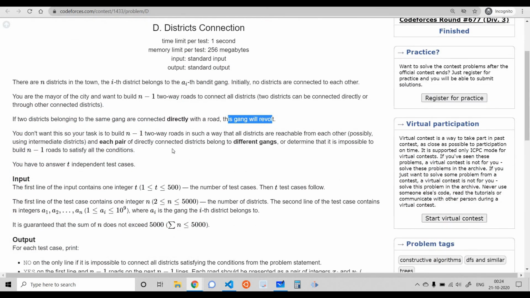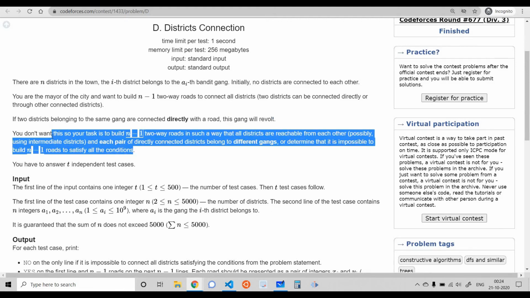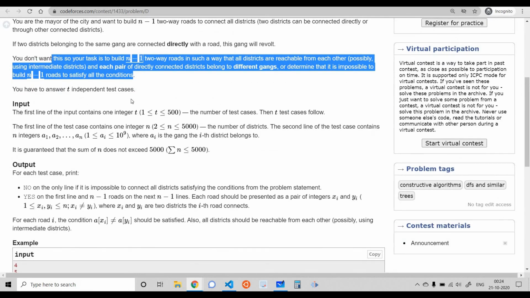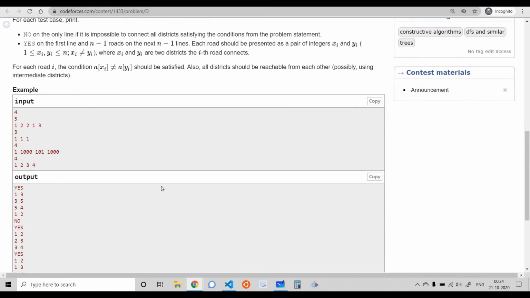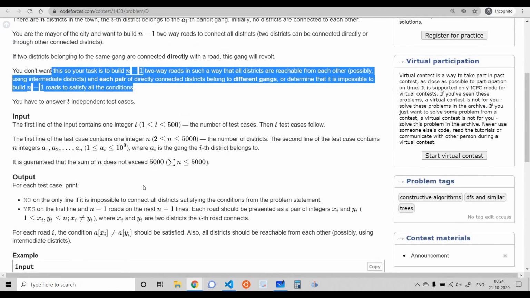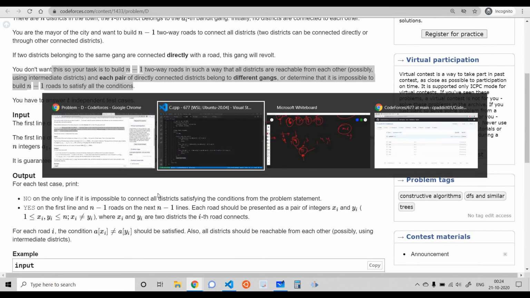We need to connect districts which are having different gangs. If we are able to find a particular arrangement, then we need to print all the n-1 roads we can have, and if there is no way, we need to print no. Let's see how we can solve this problem.